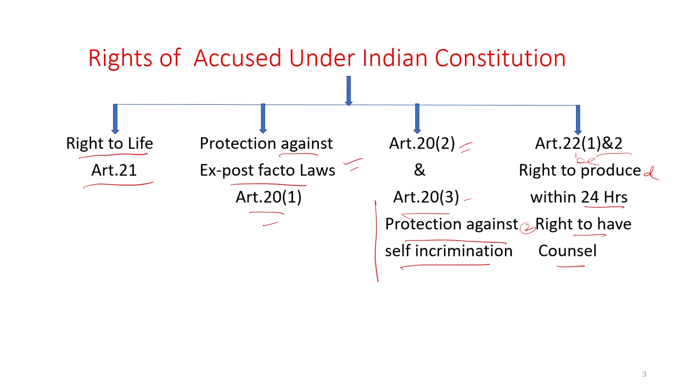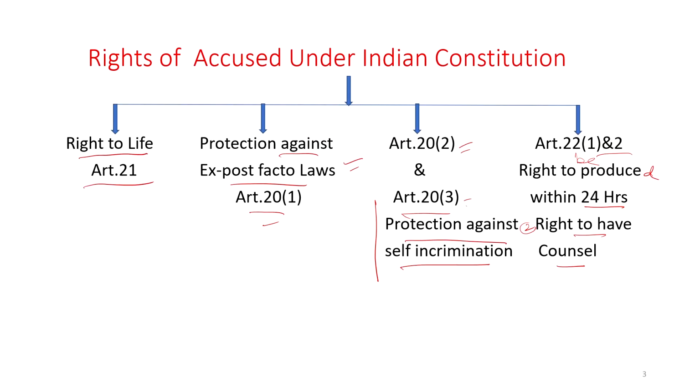Now, another important component of rights of the accused is provided under Article 22. Article 22 talks about legal representation. Every person has the fundamental right to take legal assistance from a counsel, from an advocate. So, every person has the right to consult his advocate of his own choice. This is specifically provided under Article 22, and Article 22 is more powerful in that sense when it gives liberty